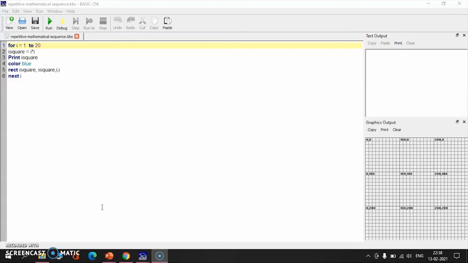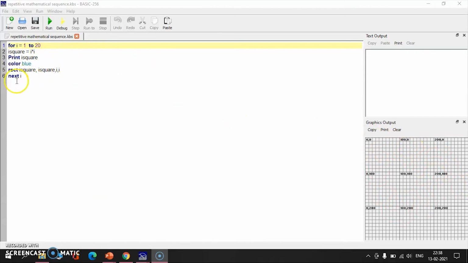So the length and breadth of the rectangle is set to I. Using this statement, a rectangle is created in the graphics output area.